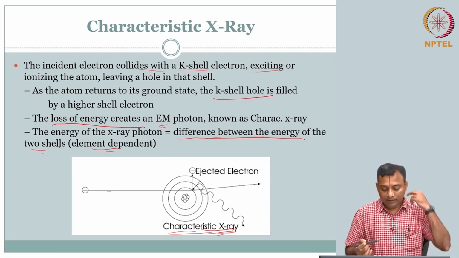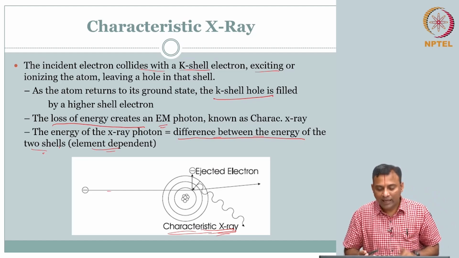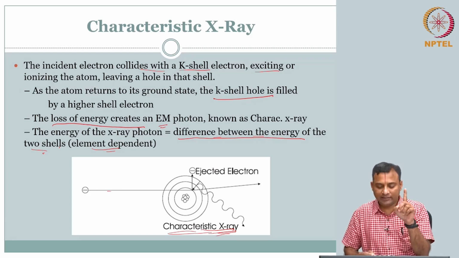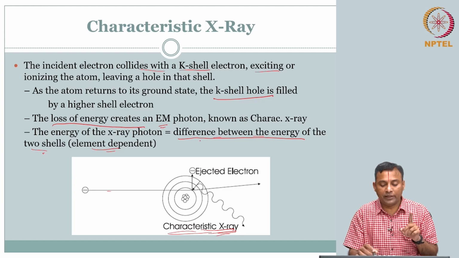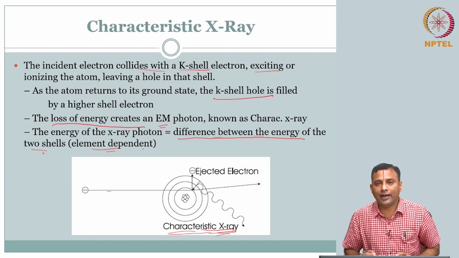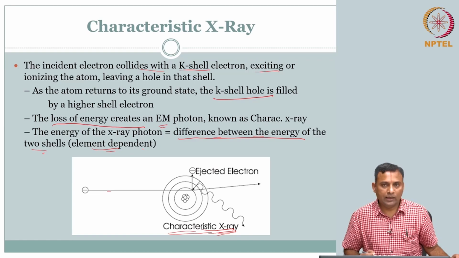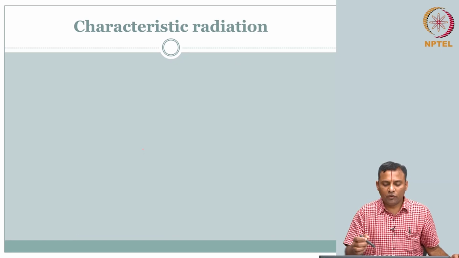Clear? But another point that you may want to recognize here is that I am going to get discrete energies, discrete energy levels. So, energy comes out at a particular energy level, that is key. Okay. So, because of that I may be able to tell what two shells are involved and therefore what atom it is. So, it is discrete in nature. Okay. So, what is the other one? So, before we go,